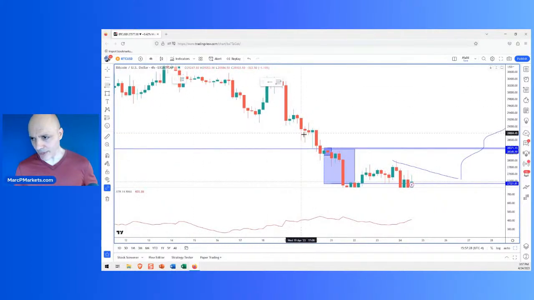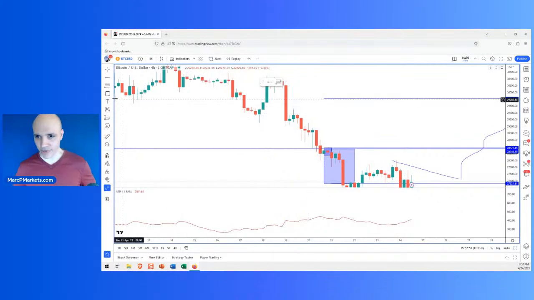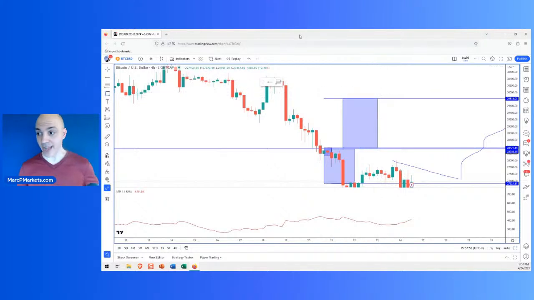Okay, so let's just put that on here. Although this went straight to the stop, after a few hours, after half a day over here, let's look at where 1,500 points would be. So 28,367, so it'd be like 29.8, something like that. This is where the take profit would go from that trade, using the ATR.